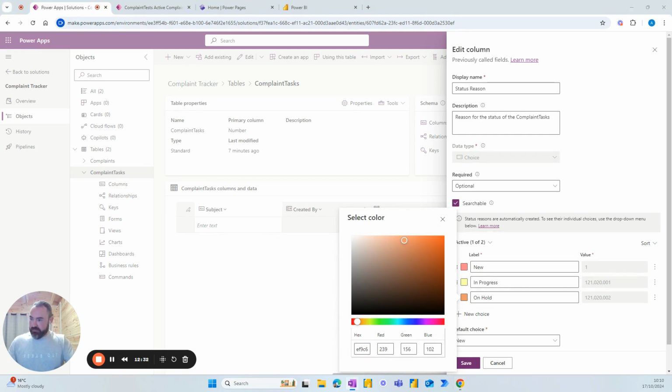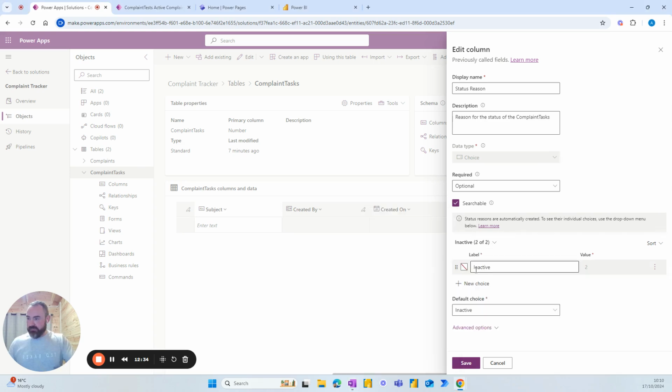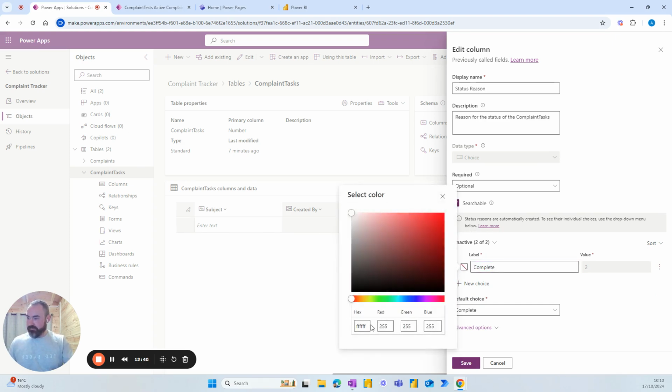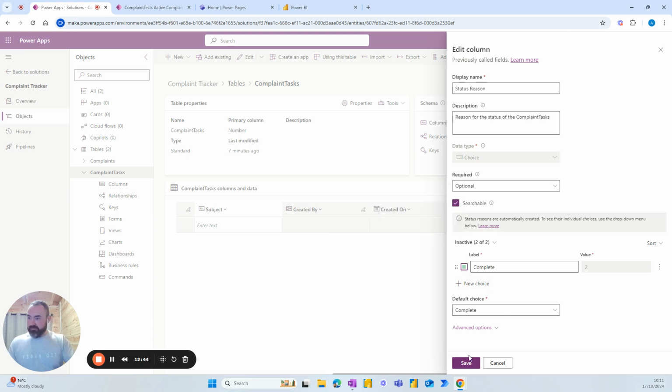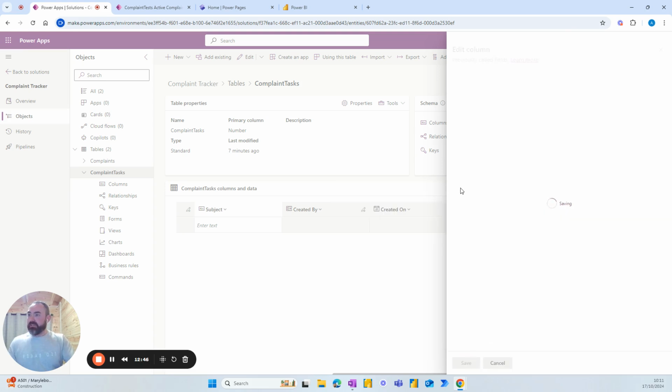And for the inactive, we just want to say that the task is complete, and we'll use the green there. Okay, so that is the tables done,